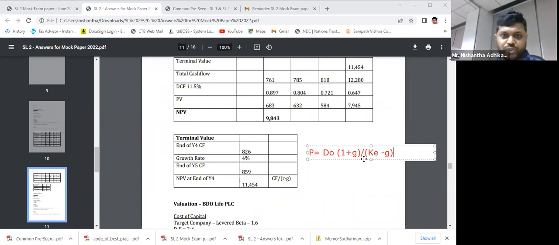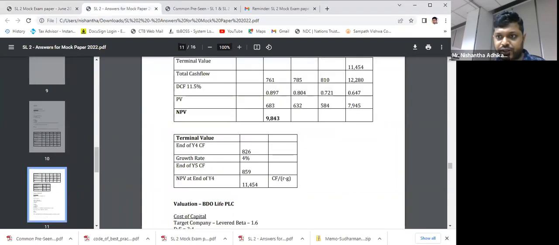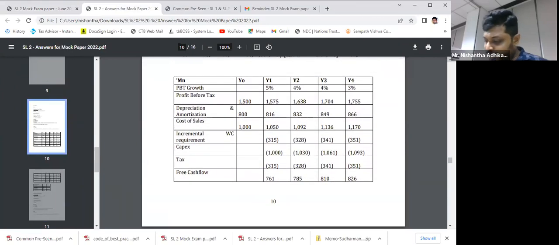Lamai, profit before tax, it should be a spelling mistake. It should not be a profit before tax. It is a revenue. Right. The profit before tax for the year, sorry, 1.5 million. It's 1.5 million. It's grown by 5%. We should not add cost of sales. Your profit before tax